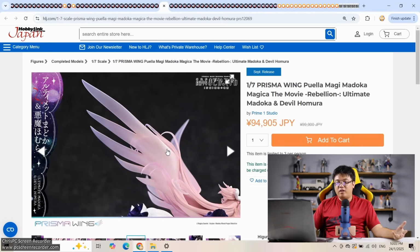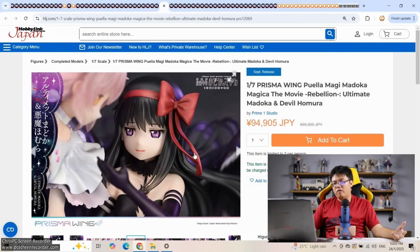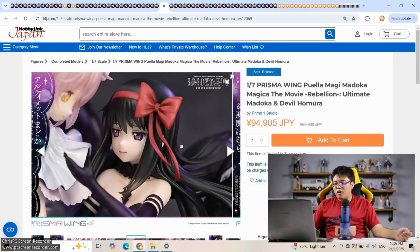So, I mean, if you have figured out what is wrong with their faces, maybe let me know down in the comments below what is exactly wrong with it. Or maybe you just don't like the pose, right? Or you don't like the price. Anyways, let me know your opinions on this figure. Of course, I'm not going to drop